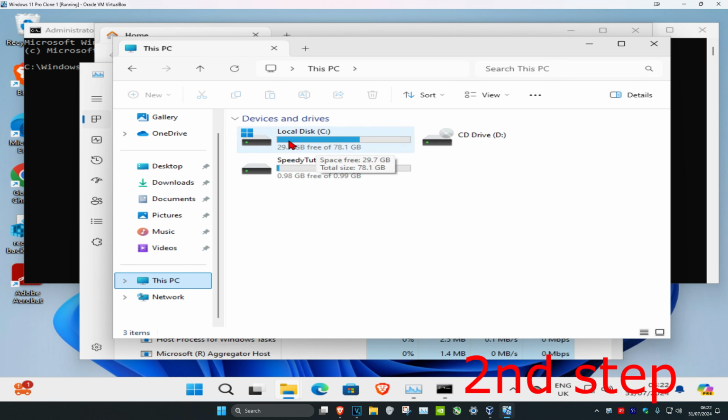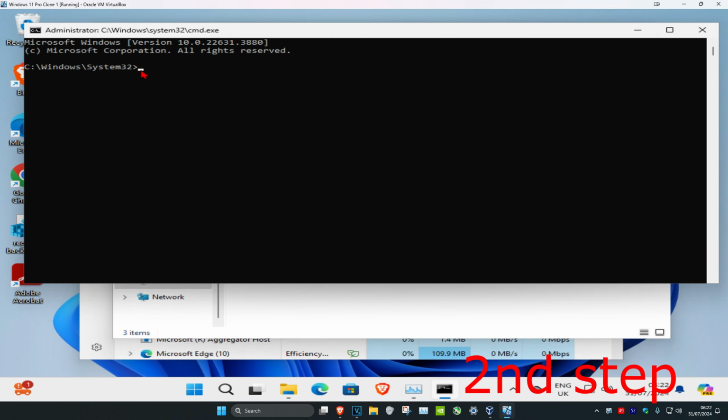So for me, this is my main drive, it's a C drive and it has the Windows logo on it, so I know that this is my main drive. So for me, it's a C drive. It's most likely going to be the C drive for you as well. So now once you find out the name, now you want to head back into CMD and then type in